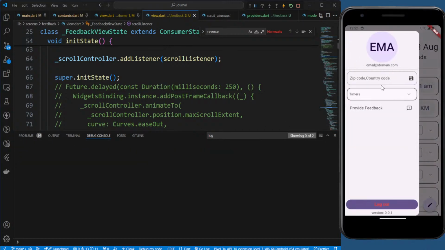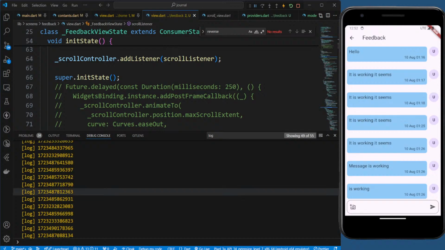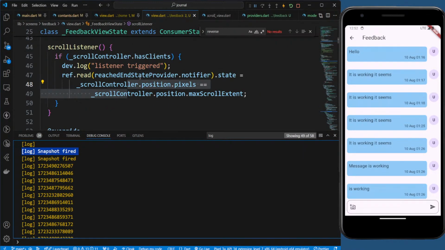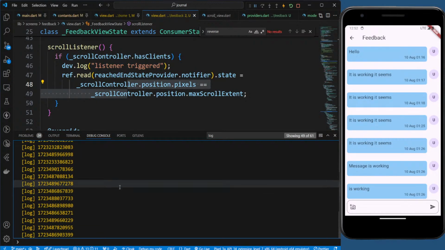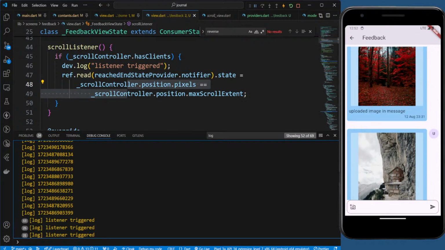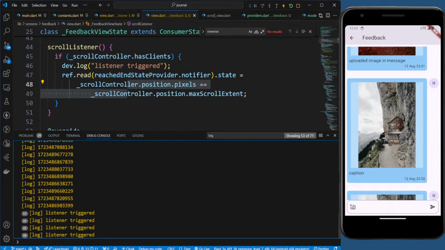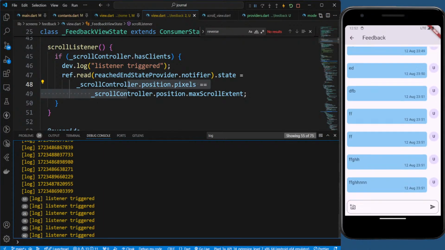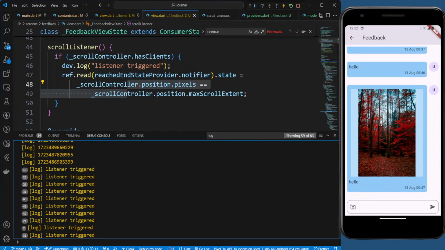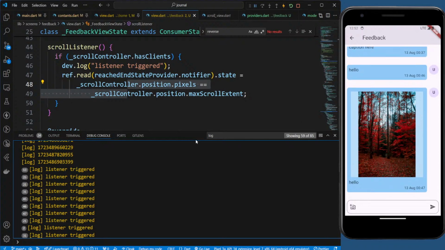So you go to this one, snapshot fired it says, and so listener triggered did not run. Okay, it did run. So it does run, right? Whenever you scroll it will run. Okay, that is good actually. So what we can do is